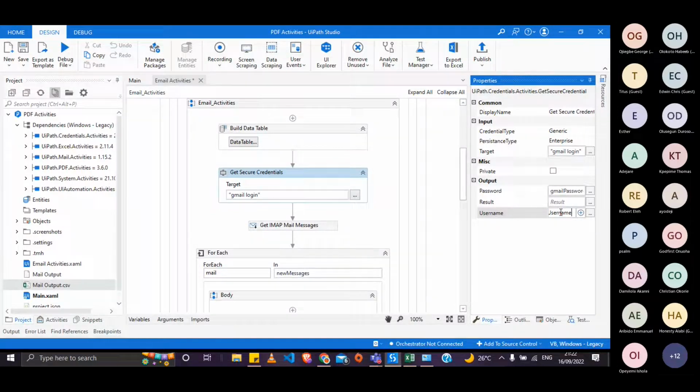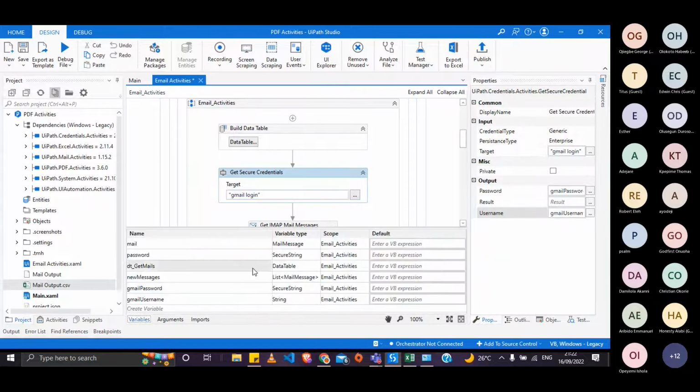Okay, so now we can check the variable panel and see that indeed the password is of type secure string, and the username is of type string. So everything checks out. Now in IMAP activities, you can then add